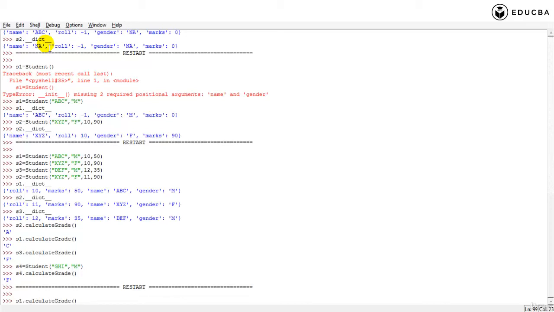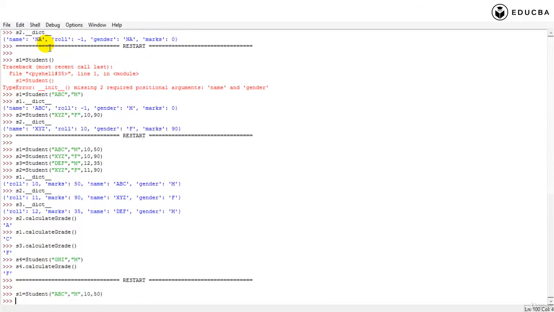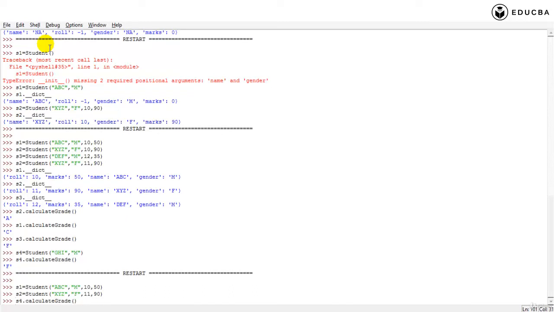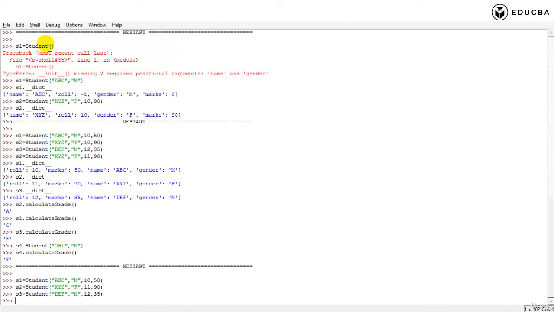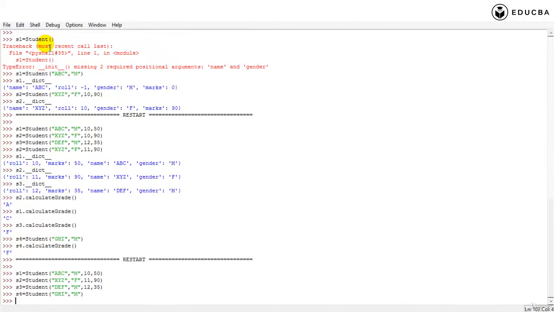When I create the first student, let's say S1, then I create S2, then I create S3, then I create S4, right? Now whenever I create these students, I expected that my count should increment, which means, how do I access the count variable? Student dot, I have something called count, enter.